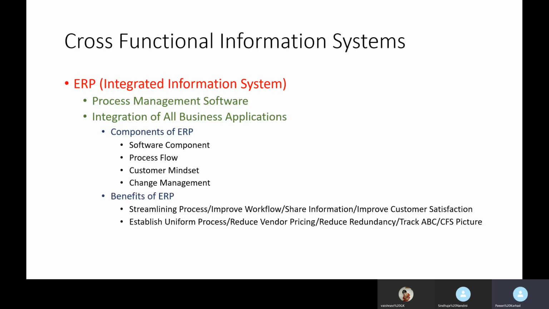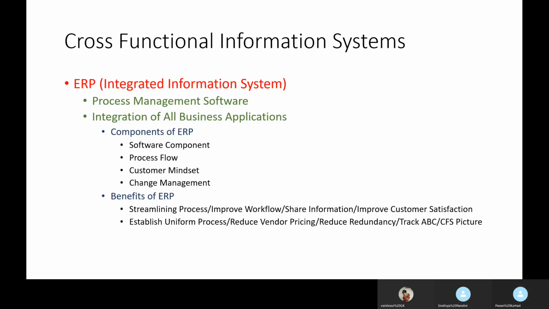Okay, we don't have to give the information flow this much importance, as the software is already doing it on its own. Okay, that is why we are saying it improves workflow. Then it also shares information with all the business functions, whichever is relevant and needed by the business function. Then it also improves customer satisfaction. How do we improve customer satisfaction? It is providing effective pricing as per the market. That is why obviously the customer will get more value for the cost they have paid. So that is why we are saying improving customer satisfaction.